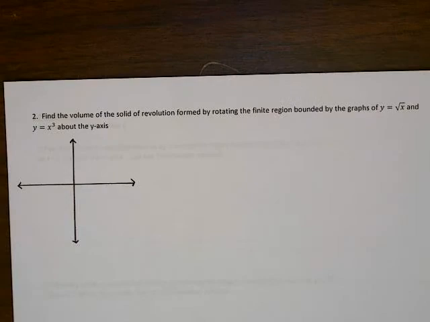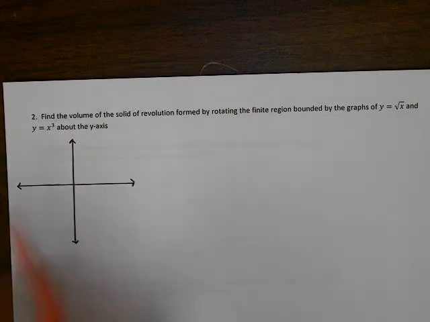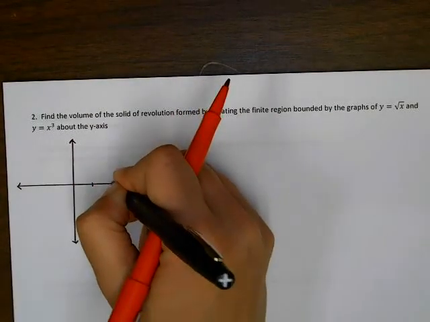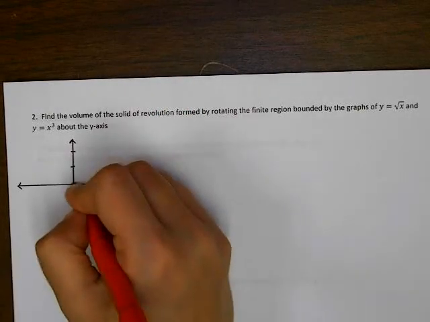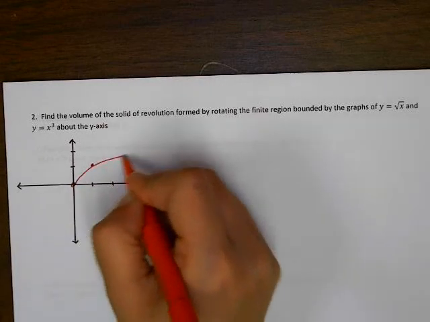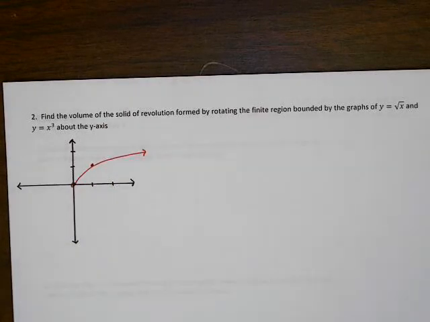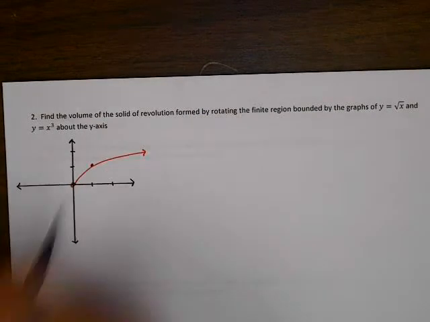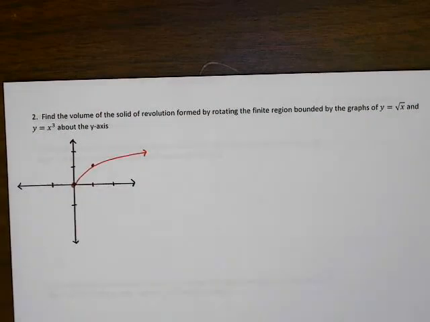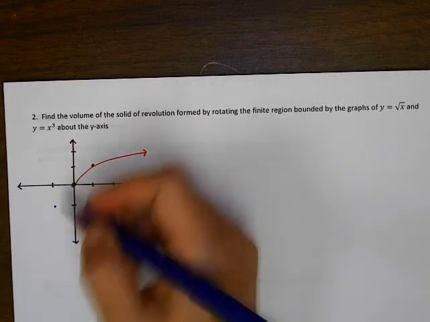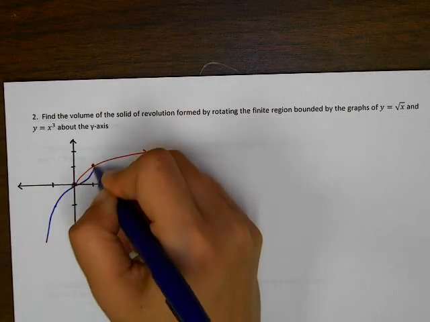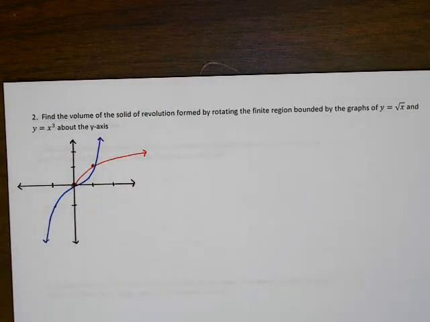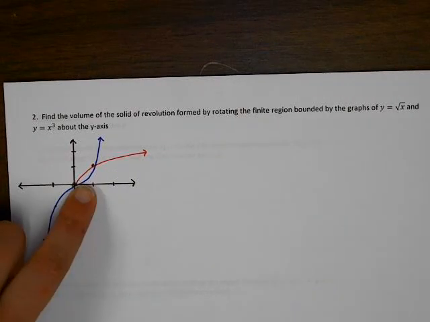The first graph is going to be the square root of x. So it's going to go through 0, 0, 1, 1. It's going to kind of curve like this. The second graph is y equals x cubed. So that's going to go like this, and it's going to curve like this. Now the region bounded by those two graphs would be this little petal-shaped region here,